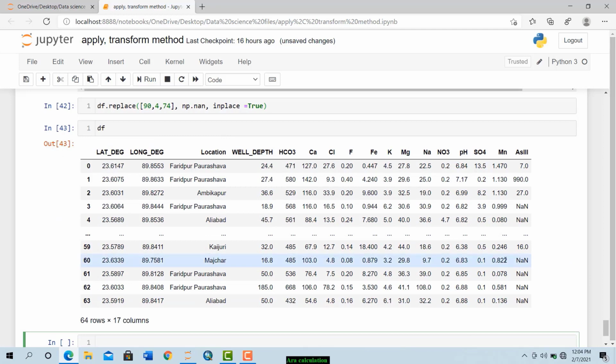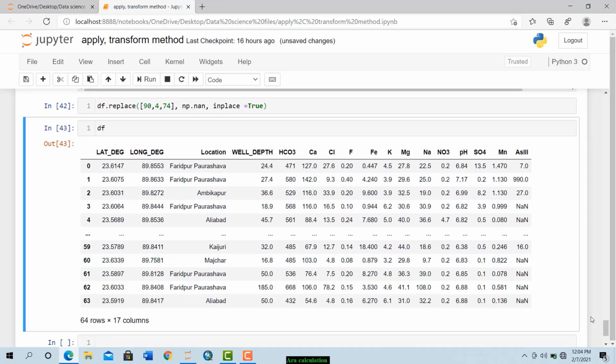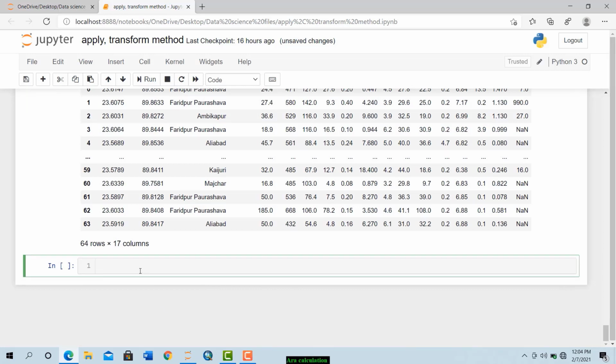Now you can see some NaN values, and I want to replace those NaN values by the mean of arsenic, but not just the mean. We want to replace them by a location based mean. So you may have different means for different locations. So how can I do that? We can do that by a lambda function in this apply method. So df dot column name arsenic dot apply. What we would like to apply is lambda. Also df dot arsenic, df dot groupby